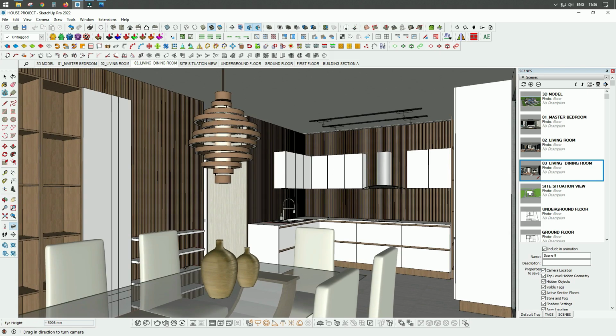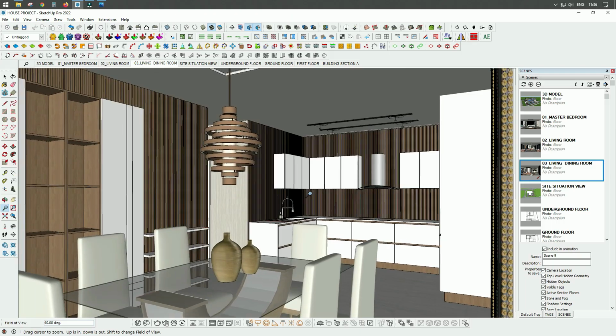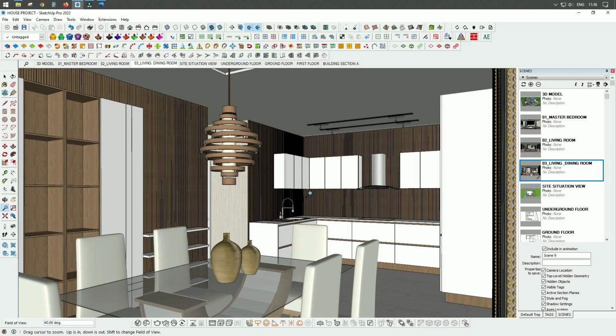Yes, in my opinion it is okay now. I can see this section here, the storage space, the dining table, and of course the kitchen. I can go a little bit back like this,